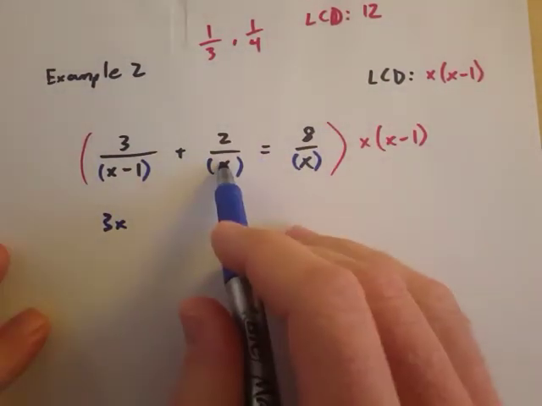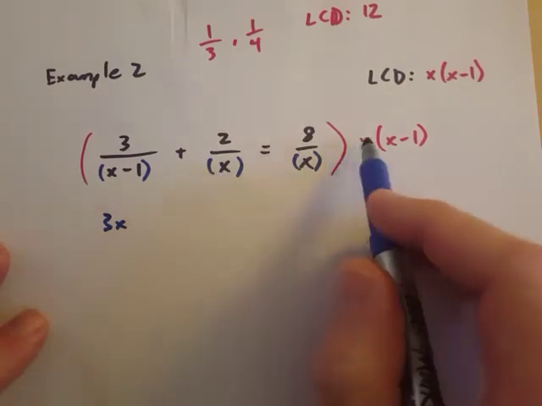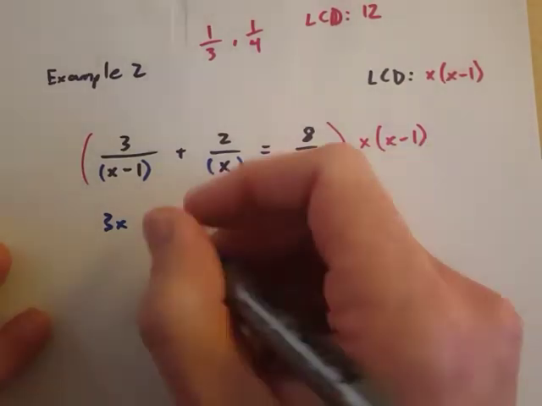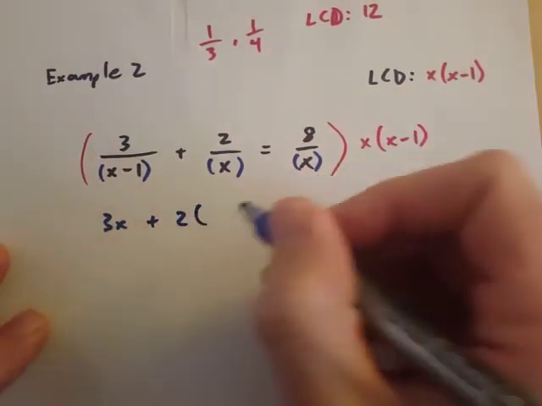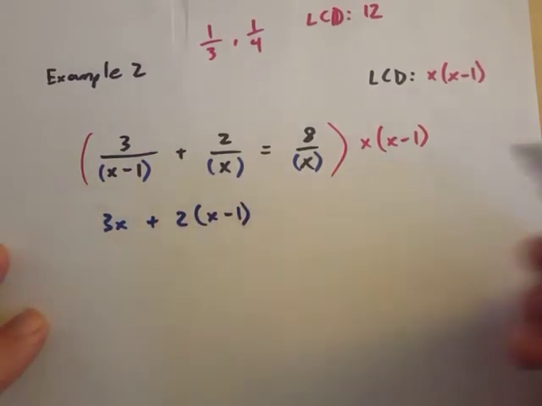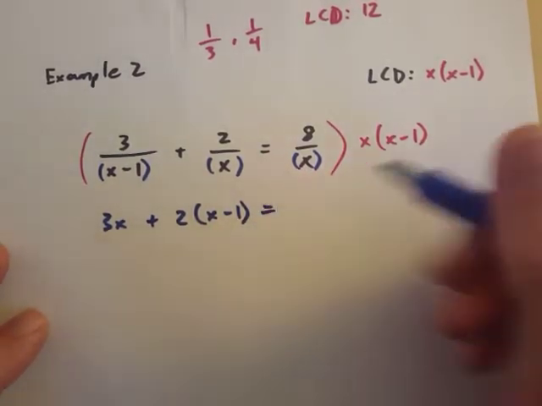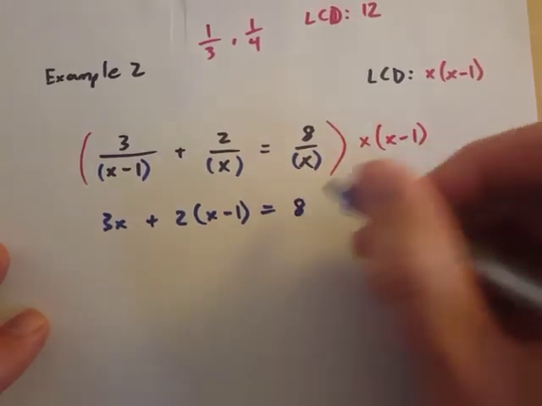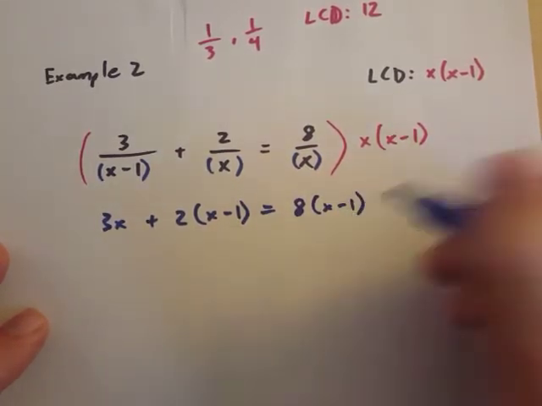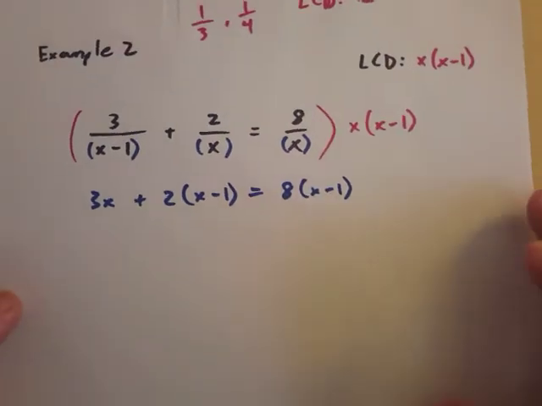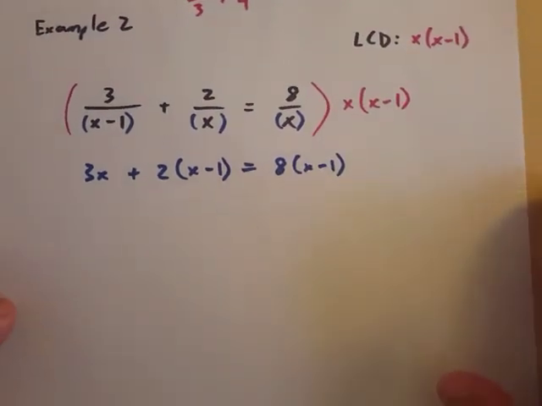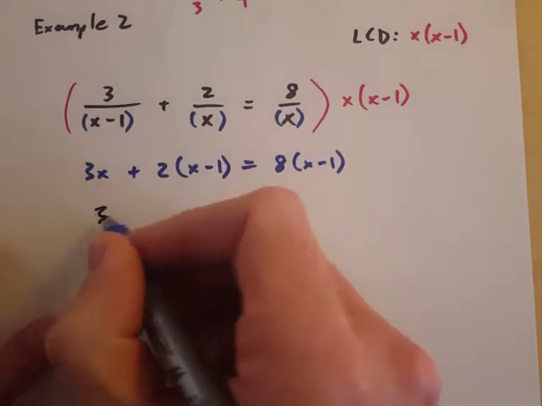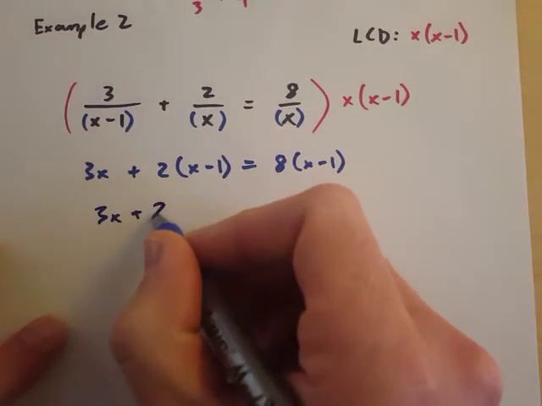We do the same thing to the next one. Now we cancel out the x, and so the x minus 1 is left. That's times 2. And then over here, the x's also cancel on this side, so what's left is 8 times x minus 1. Now we can use regular normal equation solving strategies to finish this out. So we'll distribute for one thing